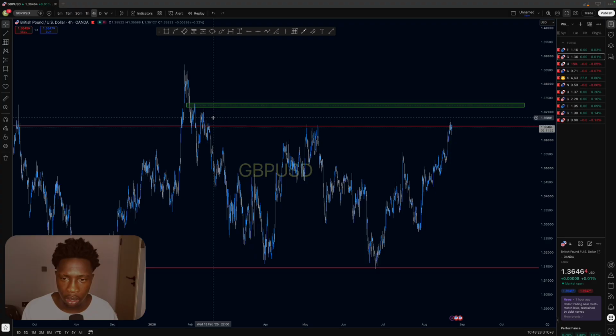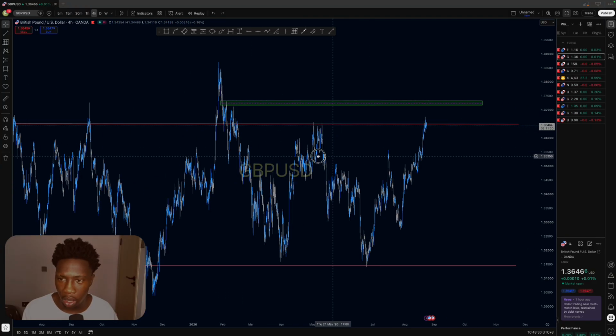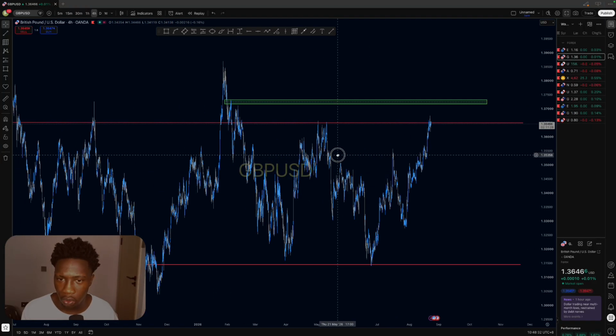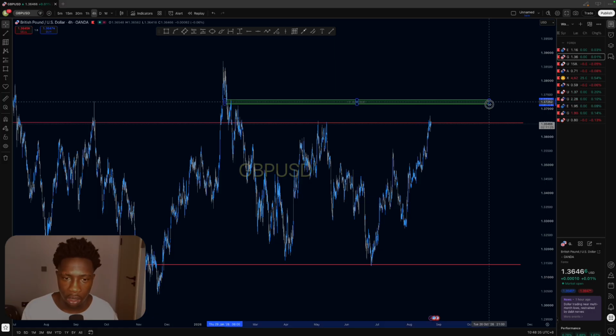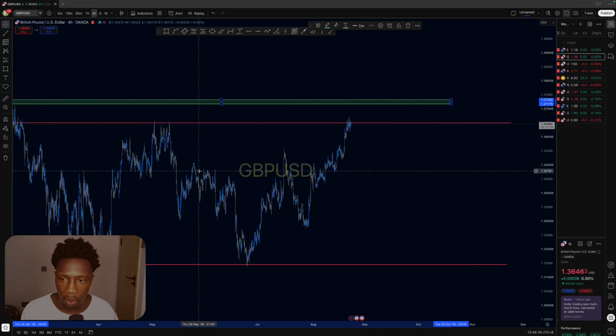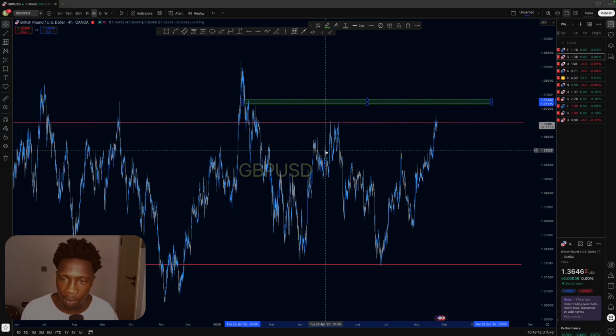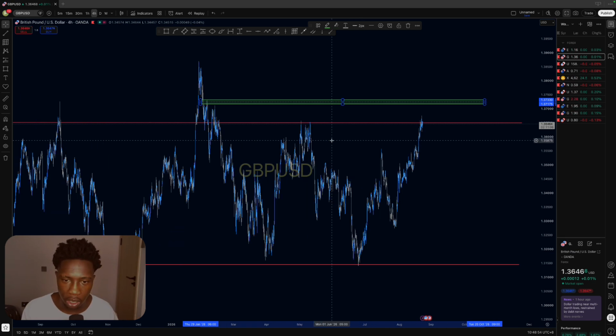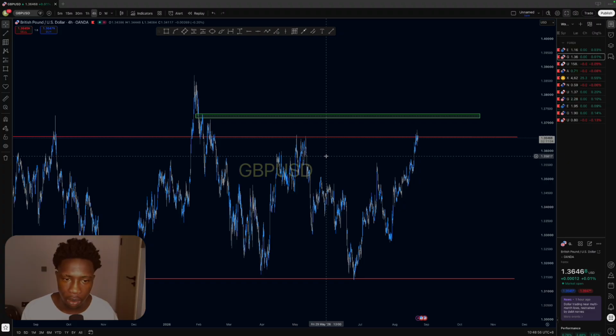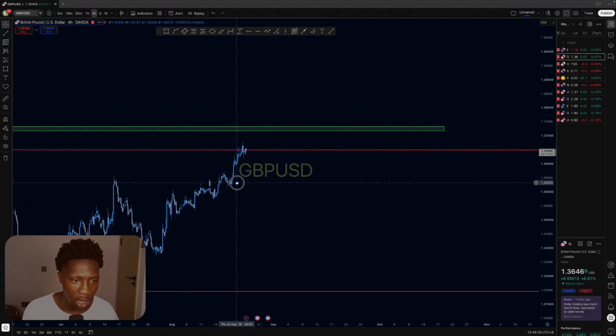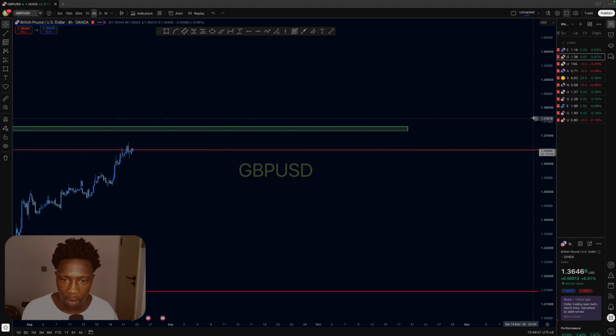So on GBPUSD we have this analysis. This is a good analysis. We want to see some double tops, double bottoms, some W's or M's, some left shoulder, right shoulder, and the head. We want to see some doji or engulfing candle or something, so that we can say the market has now fully